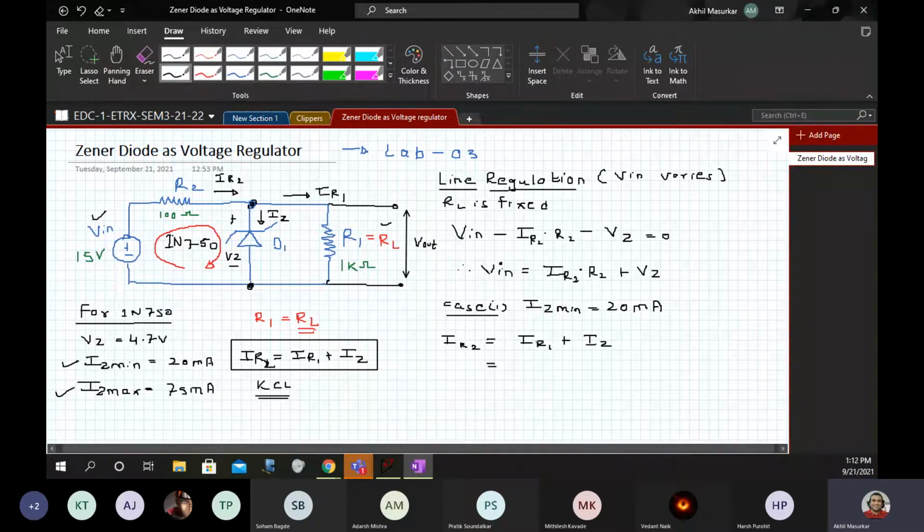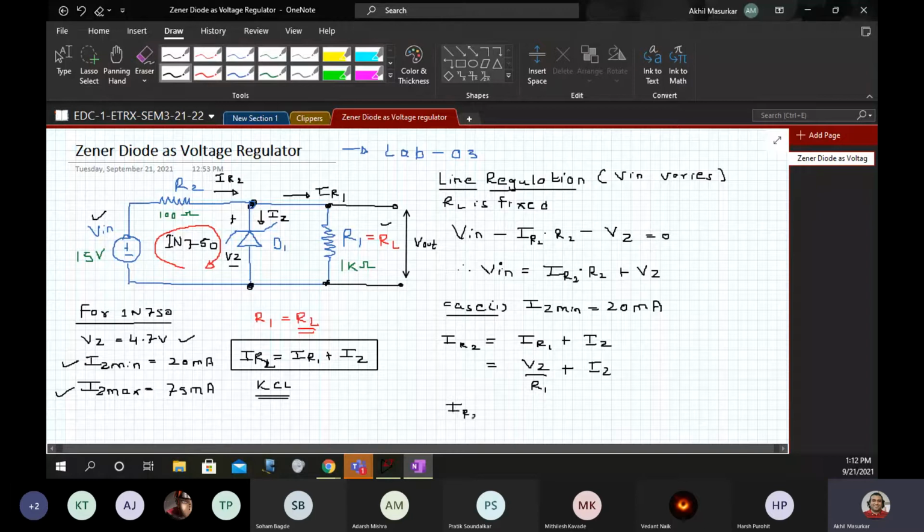Now IR1 is nothing but voltage across the resistance R1 upon the resistance value. Here also the voltage is Vz, and Vz is 4.7. So this is Vz upon R1 plus IZ. If IZ is minimum, then IR2 will also be minimum.